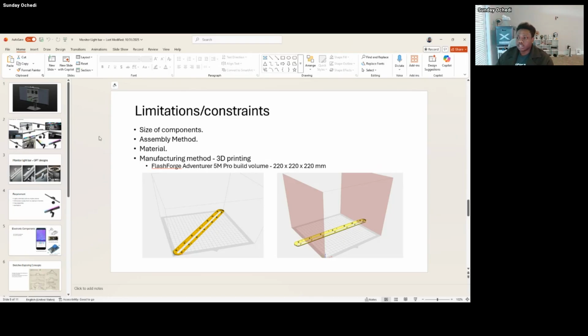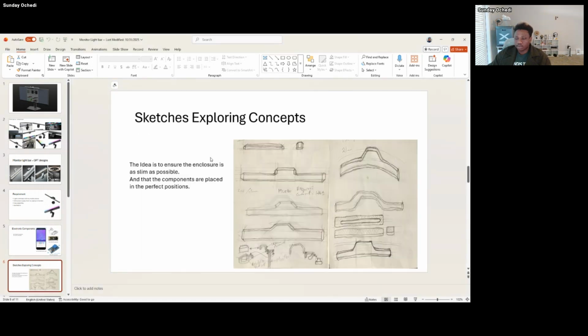Another thing is, okay, I won't actually talk about that because that's going to be going too advanced. And when I talk about sketching, this is part of what I'm talking about. This is not too much of a sketch, but it gives you a general idea of things you're trying to consider. And here I'm looking at different shapes and forms for this design, which is